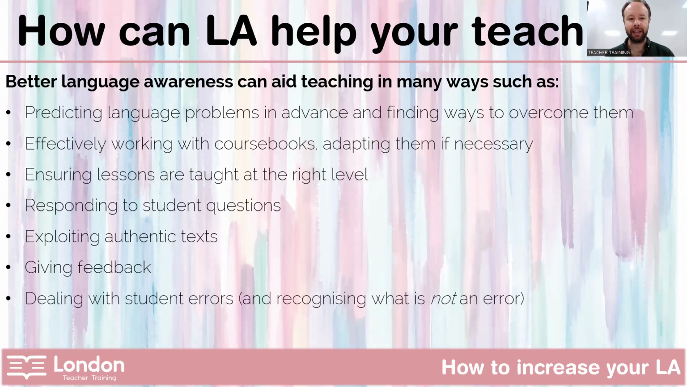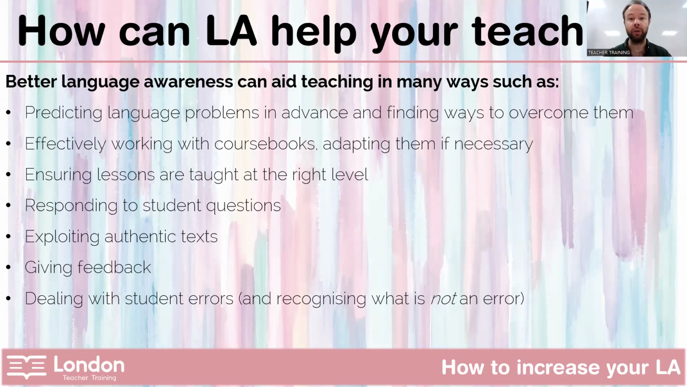All right, and lastly on our list here, dealing with student errors and recognizing what is not an error. Students make errors all the time, which is great because we want them to learn, and that's one way of learning. But should we correct everything that they say that came out wrong? Probably not. No, because it's your language awareness which is going to tell you which errors need immediate, on the spot correction, or maybe which could be delayed,